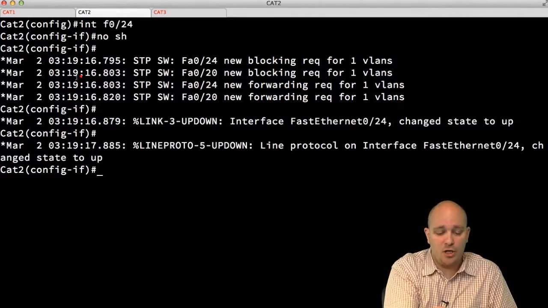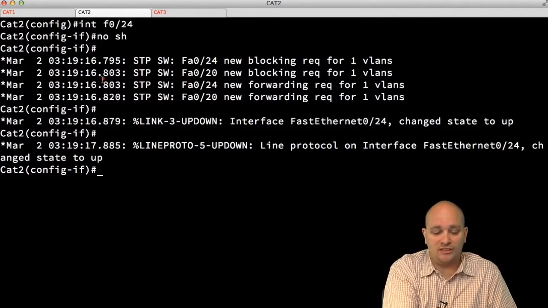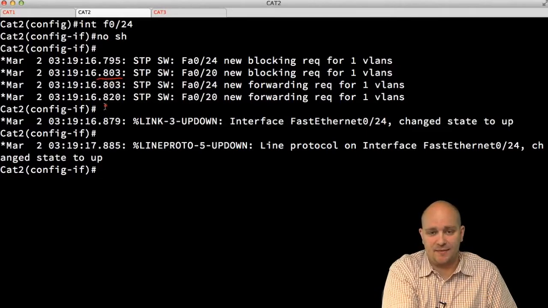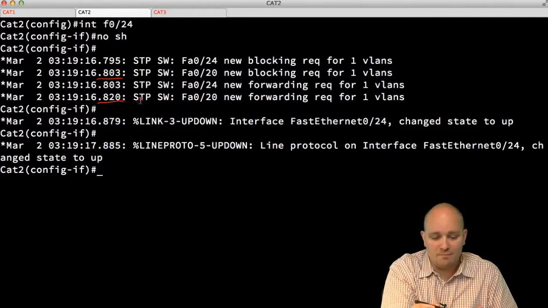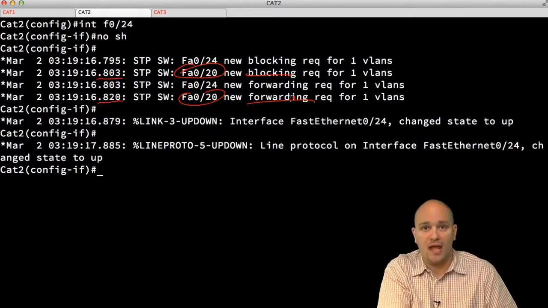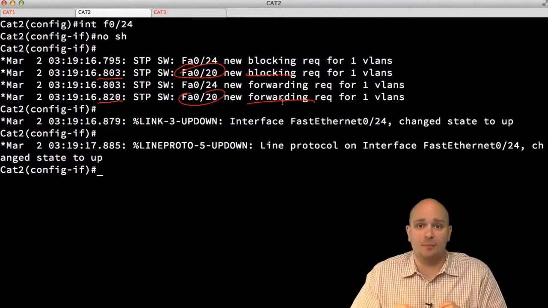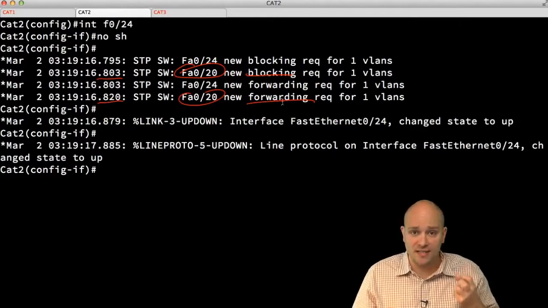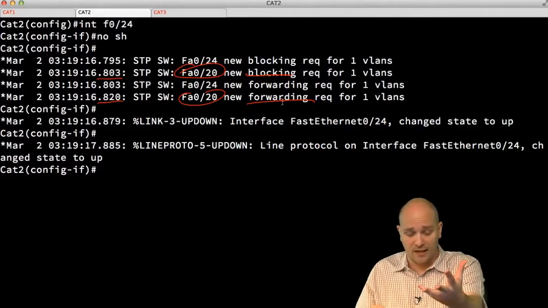Now, this happened here at whatever time it was, at 0.803 of a second. Now take a look at here. This is happening less than 20 milliseconds later, so it's happening 17 milliseconds later. What we are seeing here is that the port changes state from blocking to forwarding, because we have sent our